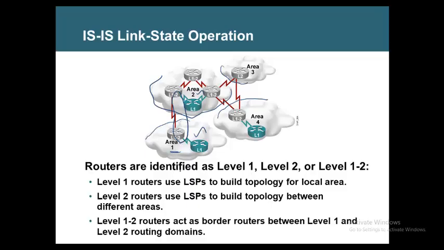L1 neighborship cannot give updates to other areas. L1 neighborship will not give routes to other areas. That is why we did not suppress L2 here. We need L2 here. We also need L1. Only then the route from this L1 will be taken and converted to L2